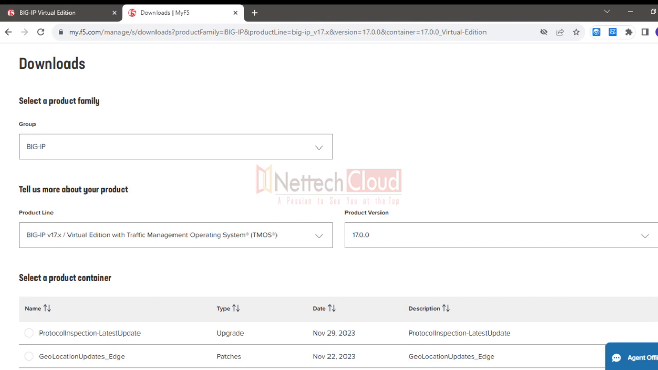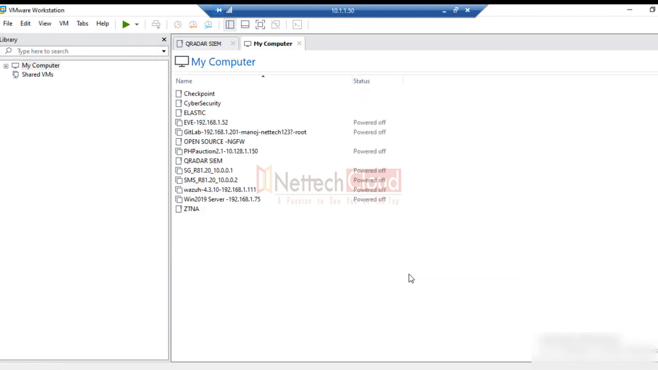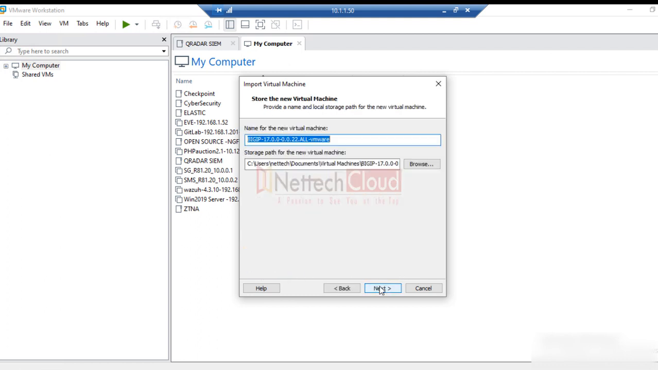So first things first, I'm going to show you how you can open that image with your VMware workstation. Alright, so it's VMware workstation and the F5 BIG-IP image here, Open Virtualization Format, OVF format. Just double click and accept the license agreement. Hit next. Name it whatever you want, like F5 BIG-IP V17. Okay,